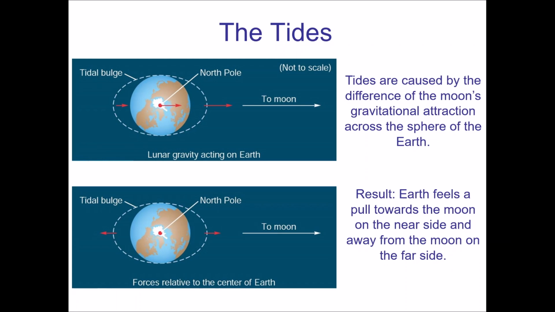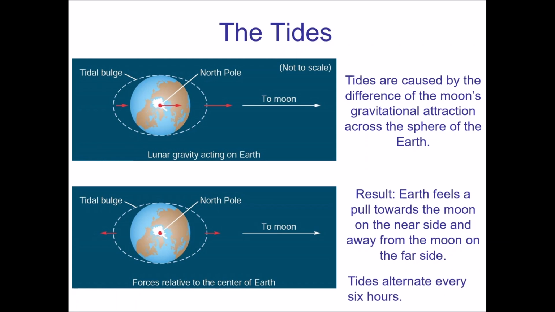And what happens is this tugging that occurs causes the water to pool up on certain areas of the Earth and then recede from areas that are not in the direction of where that pull is located. And this is precisely why sea levels can rise and fall, because the water is pooling up on those areas.